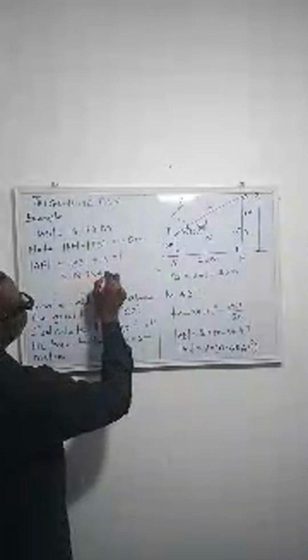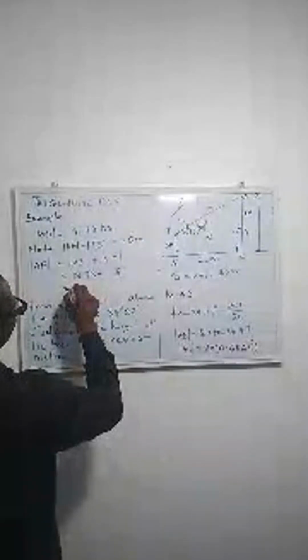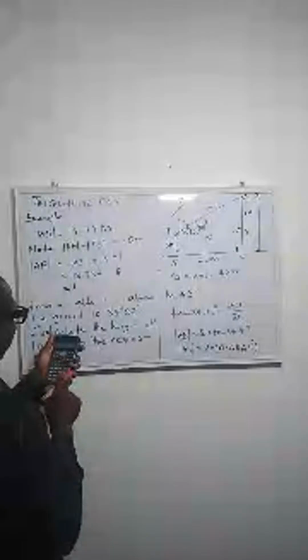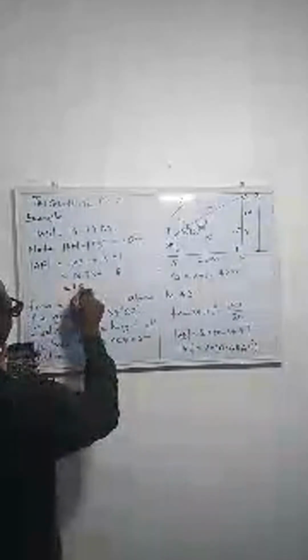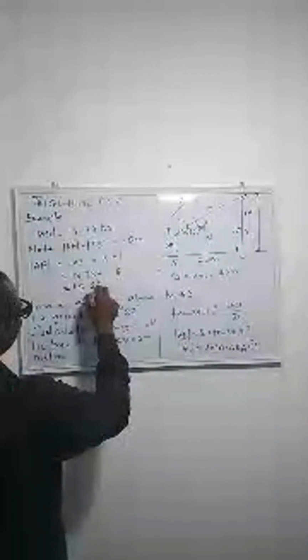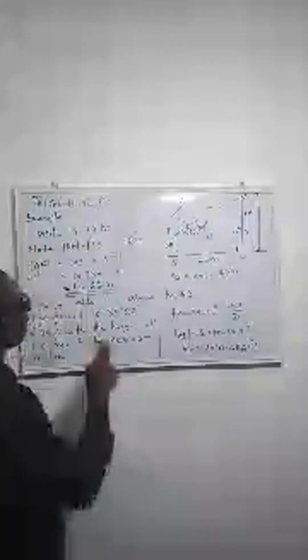13.73 plus 1.5. Okay, so what do we have? To be on the safe side, we have 13.73 plus 1.5. So what do you have? You have 15.23 meters. So this is the height of the tree. So the height of the tree is